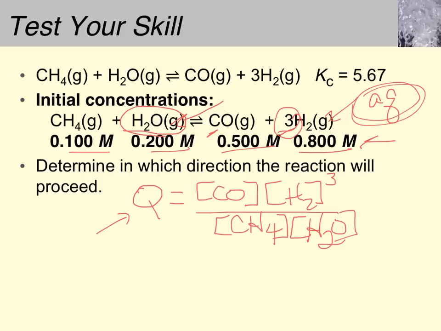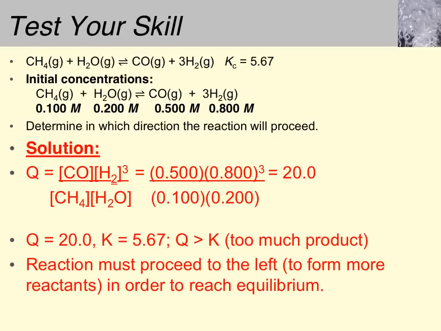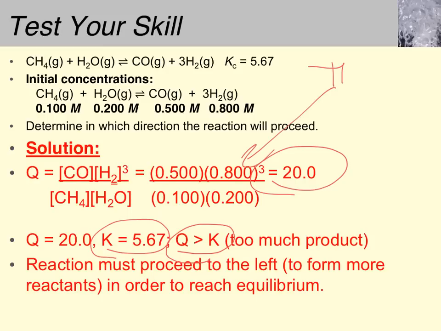You just plug those in, determine whether Q is greater than or less than K, and then predict whether or not the reaction is already at equilibrium or whether it needs to shift to the right or to the left to reach equilibrium. Well, assuming you did your math right and assuming I did my math right, you can see here that Q is greater than K, so you should have gotten a value for Q of 20. The value for K is only 5, so Q is greater than K,